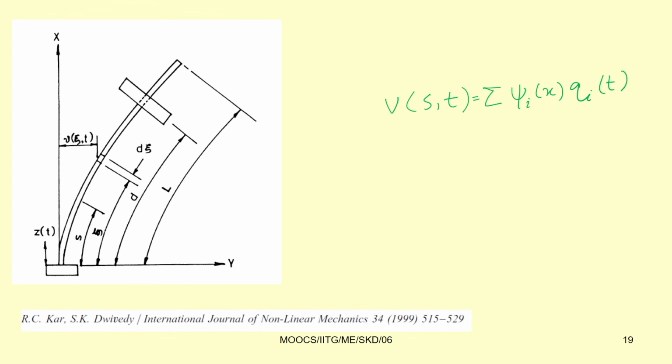So it is a function of both space and time, unlike in a lumped parameter system where the displacement is a function of time only. Last class we derived this spatio-temporal equation of motion